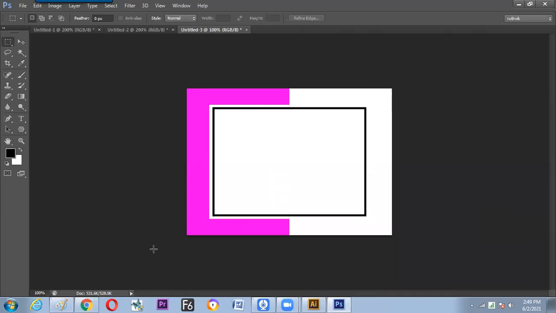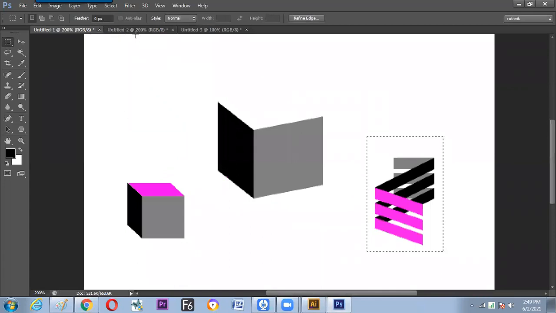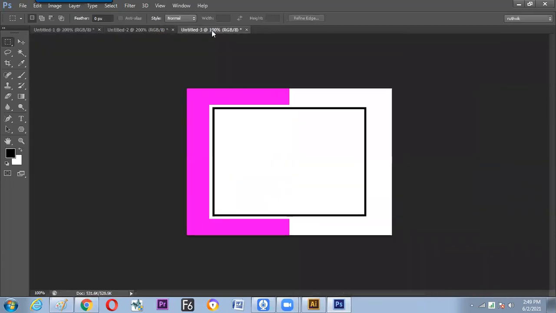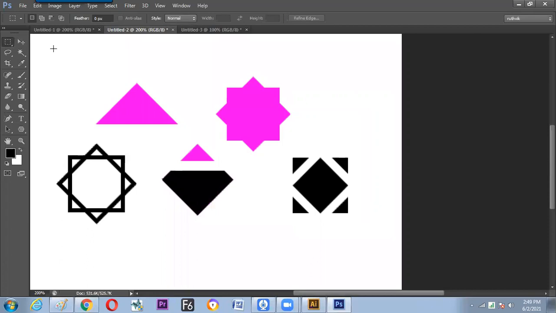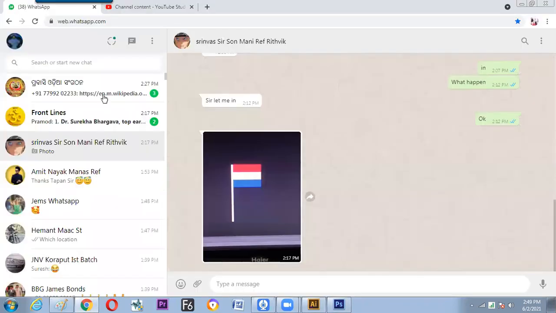Now the task, no need to get login more. Why? Because we need to make designs from your side now. Because a lot of options we have learned. Making stars, icons, triangles. How many shapes we are capable of making? 3D design, shape design, making a canvas design. So what we expect now, do the design and send me on WhatsApp. Okay. I'll send all the things now into your WhatsApp. Control C.